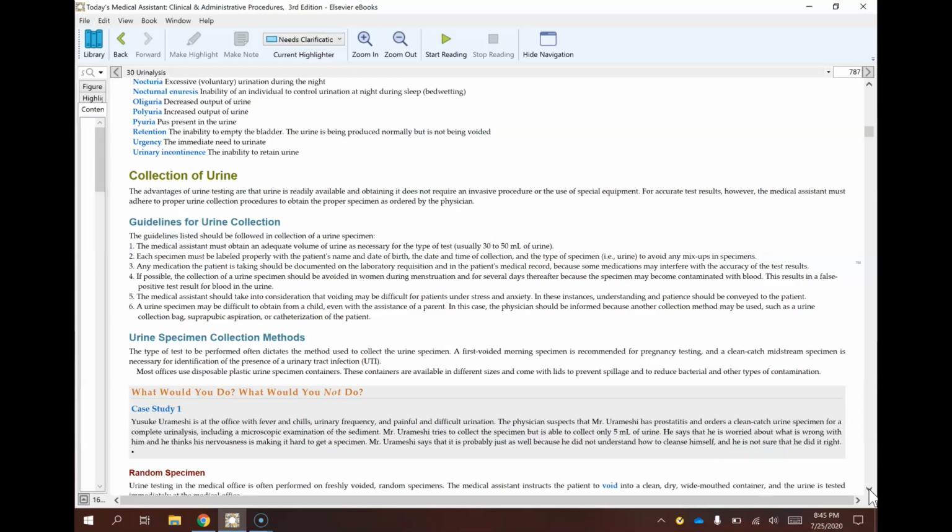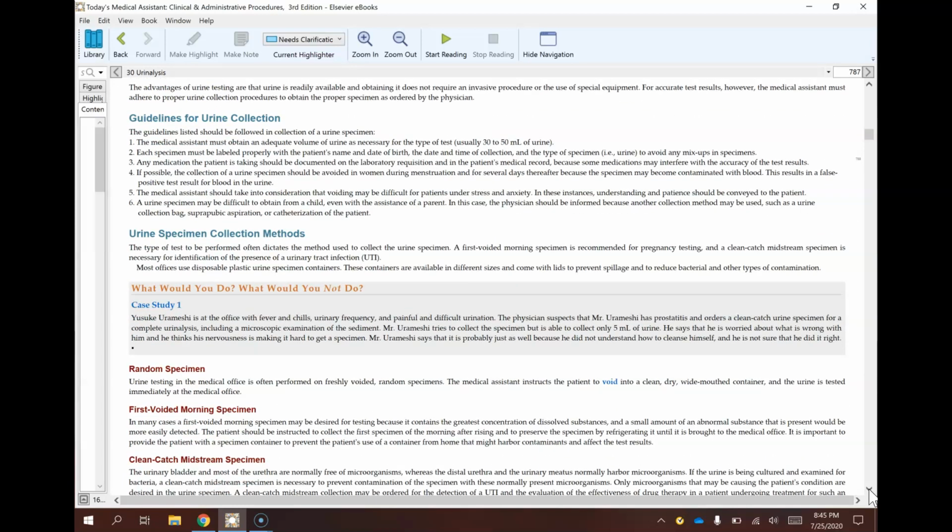Okay, so let's look at the case studies because I always find those interesting. So it talks about Yusuke Urameshi, who comes to your office with fever and chills, urinary frequency, which again, urinating quite often, and painful and difficult urination. The physician suspects that Mr. Urameshi has prostatitis and orders that clean catch urine specimen for a complete urinalysis, including a microscopic examination of the